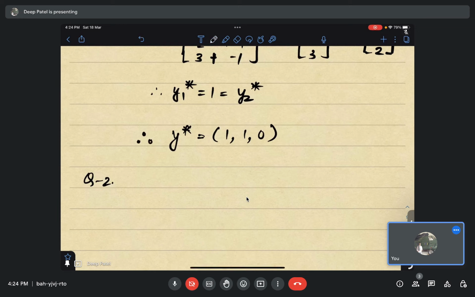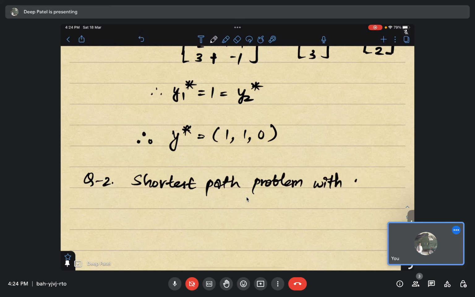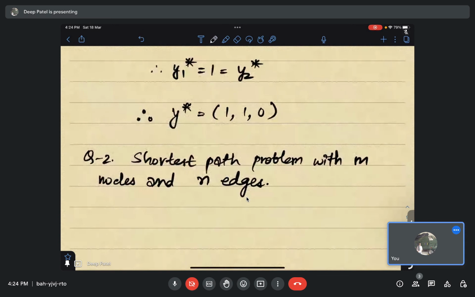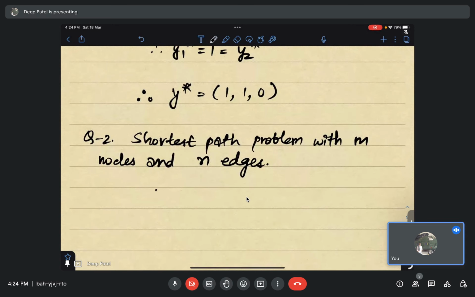Okay. So, shortest path problem with m nodes and n edges. Okay, so the LP can then be written as